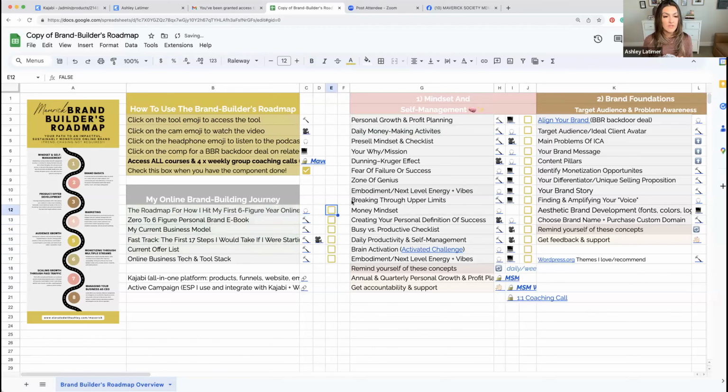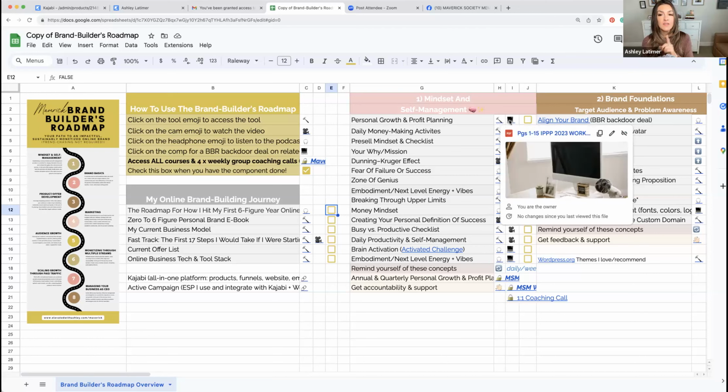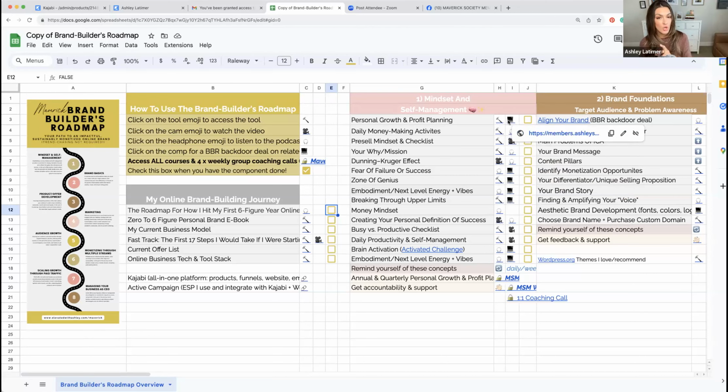Okay. So it's meant to start from the beginning with mindset and self-management. I want you to go through as many of these as you would like to. Again, you're not forced, but if I could work with someone for an entire year, every single thing on this spectrum is what we would be covering. These are the foundational pieces for you to be in the game for the long term, which is my goal for you. So I would start with mindset and self-management, going through the tools, clicking through the tools. If there is a course, this will show you here which course, so personal growth and profit planning, guess what? That's first up. I already told you that's first up for you though.